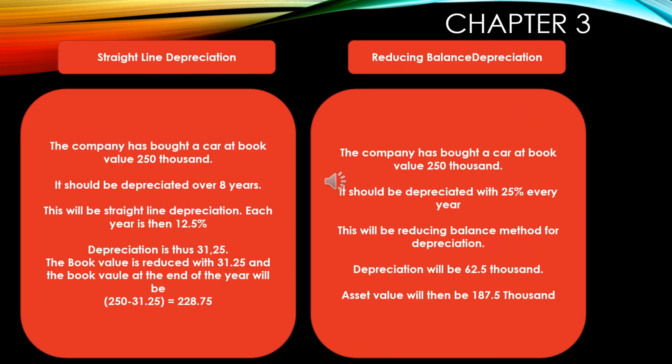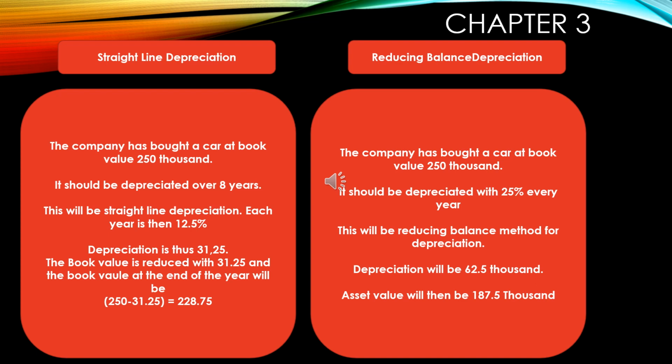Let's see an example of a straight line depreciation. The company has bought a car. It has been bought at the value 250,000. The company wishes to depreciate the car over 8 years, as they expect to be able to use the car in the distribution function for the next 8 years. What they're looking for here is a straight line depreciation. Each year should then be depreciated with 12.5%. That means the depreciation each year will be